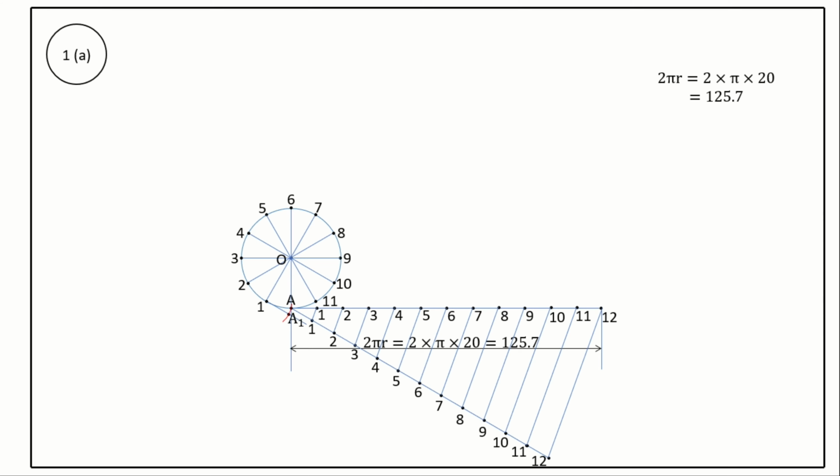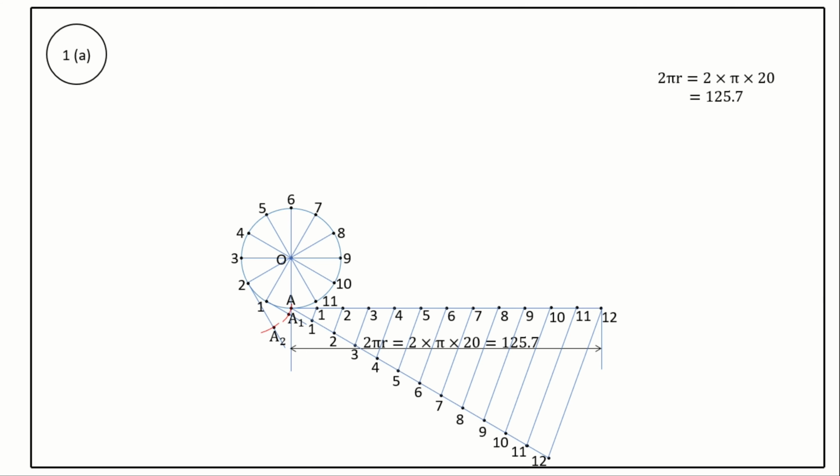Similarly, from the point 2 on the circumference of a circle, draw a perpendicular line to radial line O2. Take a protractor and draw a perpendicular line to O2 from the point 2. This line is tangent to the point 2. Take a compass, measure the length A2 on the horizontal line. With center point 2 and radius of length A2, cut an arc on the line tangent to the point 2. Mark the point as A2.